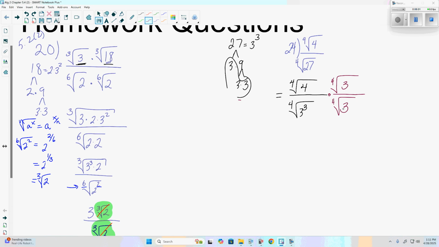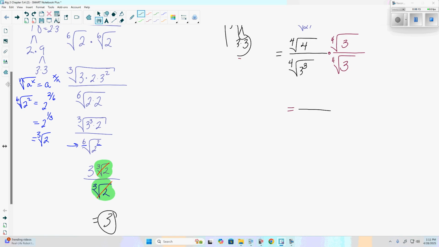We need one more 4th root of 3 in the bottom of the fraction to get it to simplify. So we're going to multiply the bottom and top of this fraction by the 4th root of 3. Because the bottom is now going to become the 4th root of 3 to the 4th, which lo and behold is 3. On top, because the indexes are the same, we can multiply what's inside, which would be 4 times 3, telling us that we have the 4th root of